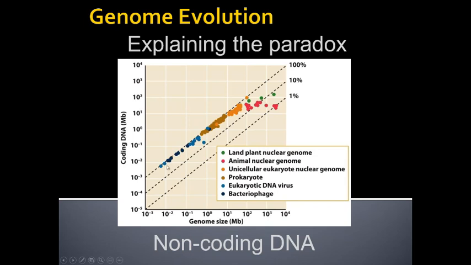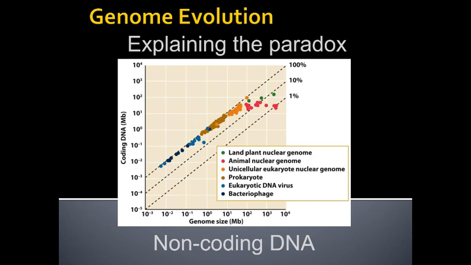But notice among the viruses, which are the blue, and among the prokaryotes, which are in these brownish and yellow-brown colors, and even a little bit among the unicellular eukaryotes, there's a 1-to-1 ratio. Basically, as genomes get bigger, the number of genes gets bigger, and this is because they have very, very little non-coding DNA. So in this category, the prokaryotes, bacteria and archaea, are more similar to the viruses in